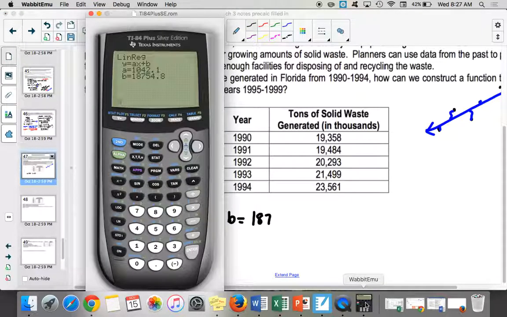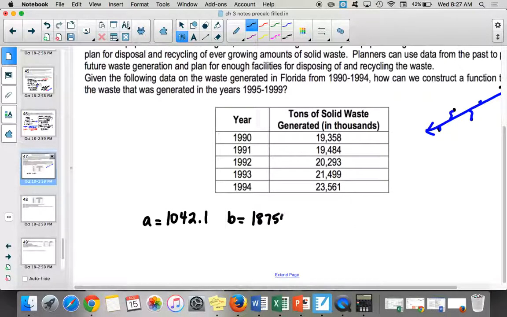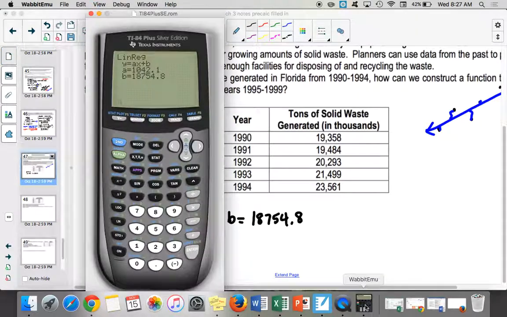Man, it's hard to, 754.8. Okay. And let's write the form that was in y equals ax plus b. Or you could write m for a, it doesn't matter. Okay, does this make sense? Okay, so that's the line that's going through most of those points. So if we look at our picture,